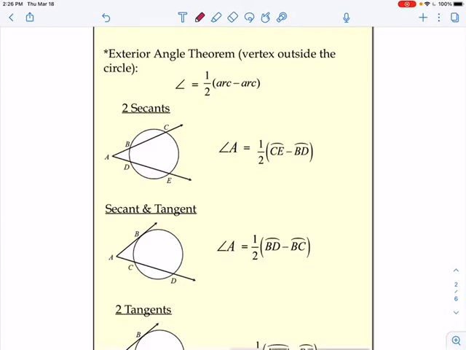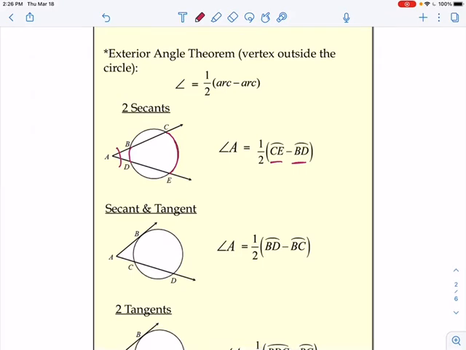Okay, so for two secants, if I wanted to know the measure of angle A, the two arcs that it intercepts are CE and BD. It's always the bigger one minus the smaller one because you can never have a negative measure. So the bigger arc there is CE. So it would be CE minus BD, and then take 1/2 of that,